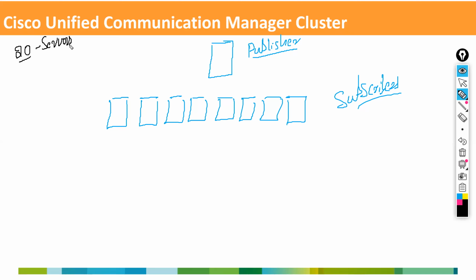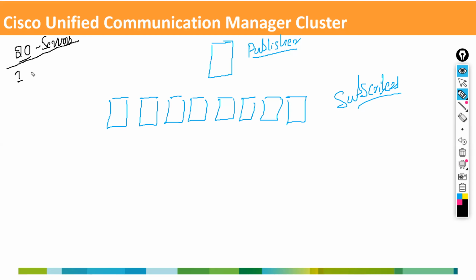Now, in one single CUCM server, how many IP phones can be registered? Maximum 10,000 IP phones can be registered. Not possible. We don't have an option to register more than 10,000. Got it? But in this, out of 20 servers,